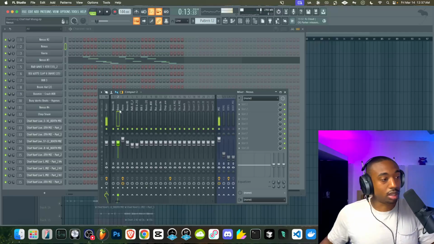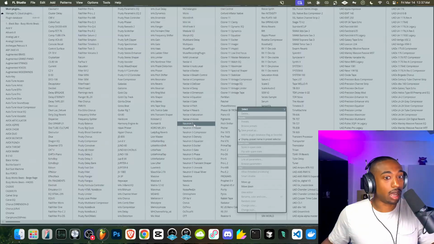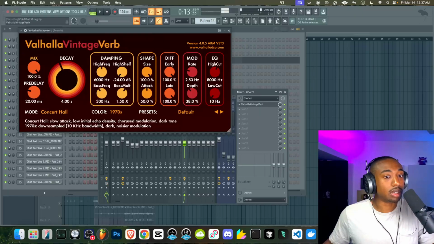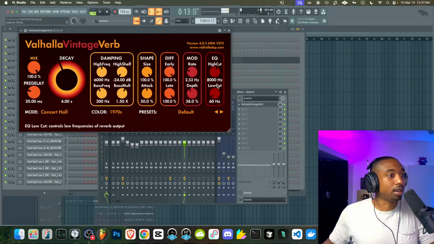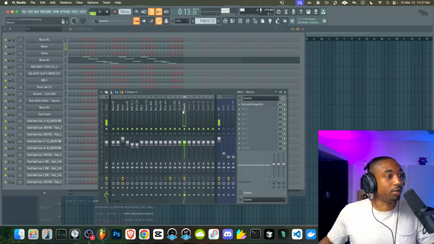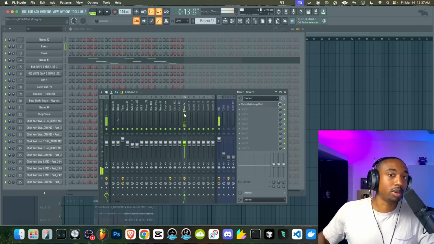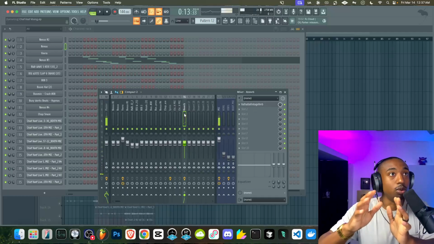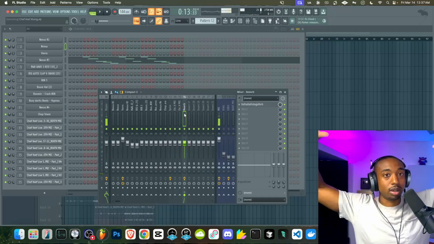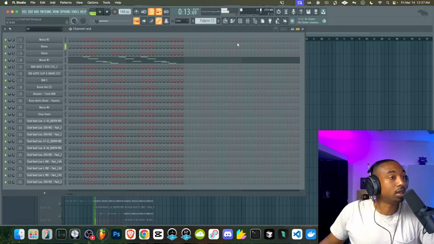Okay, anyhow, let's route this brass over to the reverb, and let's add a reverb plugin here. We're going to add Valhalla Vintage Verb. Okay, so now we have that. We took off the reverb inside the plugin, and now we're using our reverb over here, because we can control this reverb, and we can send multiple things through the reverb so that everything feels like they're from one room instead of one room here, a different room over here. It just sounds chaotic sometimes when all of your sounds have different reverbs.